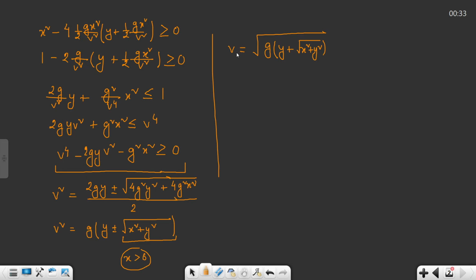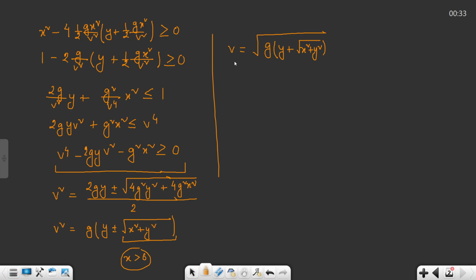Okay, how do we know this is the minimum velocity? Well, think of it this way. The solution of this inequality will yield something like this: v squared greater than this value, or v squared less than the negative value. Since we are not taking the negative value, it is quite evident that we are only getting v greater than or equal to